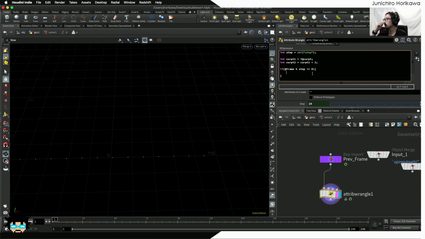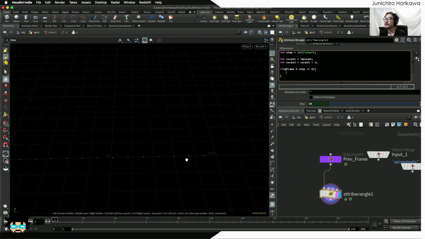Every 20 frames I want to check the point scale heights together, and if the left side is bigger, then I should flip it. Then as soon as I did the flipping, from the next frame until the next 20 frames, I want to make an animation that actually shows the flipping. Right, so first of all,